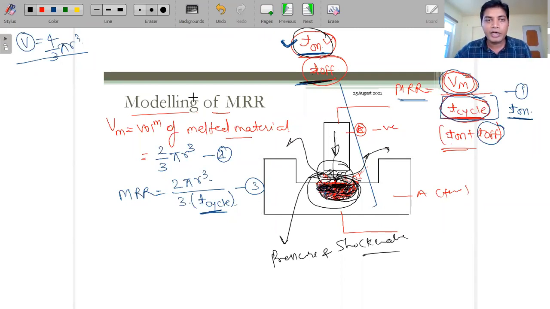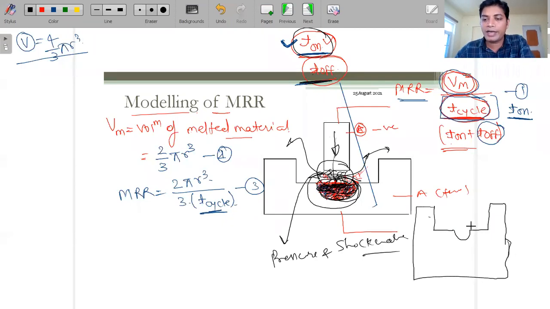Now there will be a solid to solid contact. When the next spark comes, it will be treated like this one. Now for the second spark, this material will be like this. So if the tool is still here, then this is a very high gap. The gap is increased. So the spark will be generated in this direction over here, and again the material will be removed from this region. Or there is a possibility to generate the spark in this region, so the material will be removed in this region.